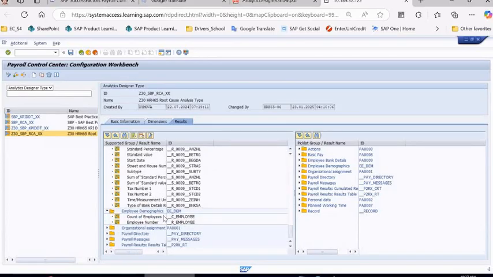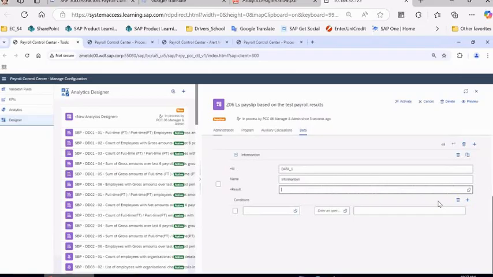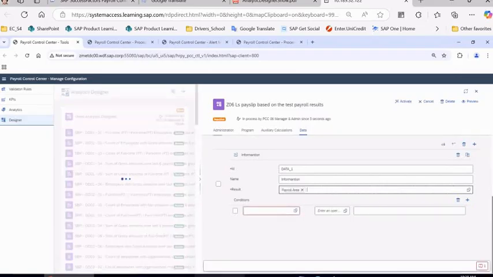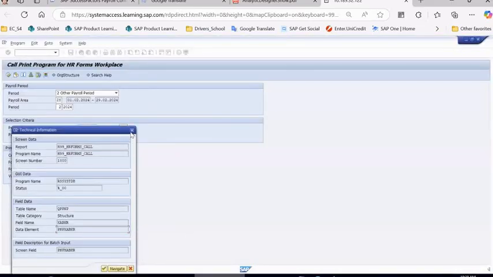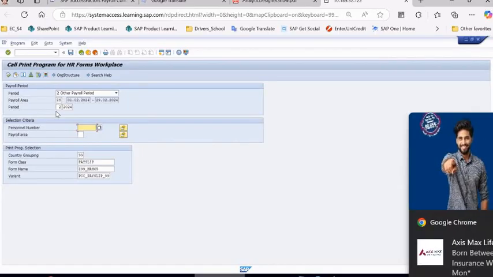If I don't find anything, I just need to add this information to the supported group. That's it. So I will work with payroll area. What else? I need to provide system information about the personal number. System created alert for this personal number. I told you that we have alert for the specific employee, and I just need to transfer this information to